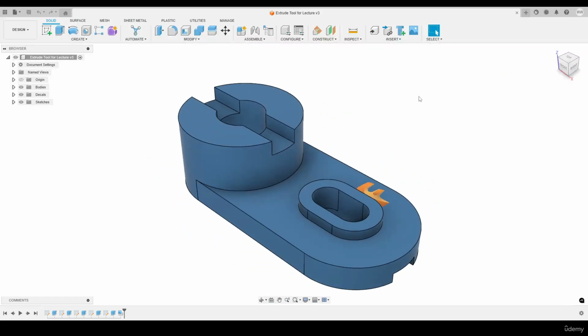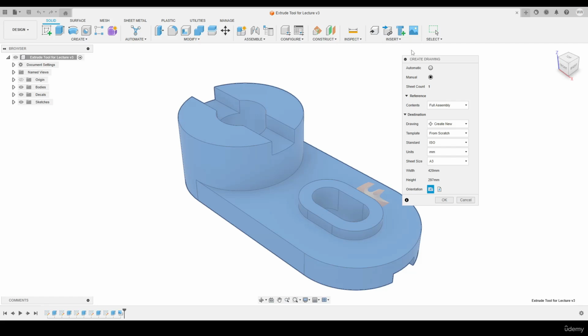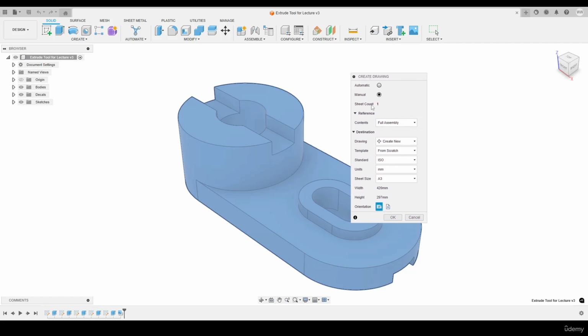So if we want to create a technical drawing of this part, we can come up to the environment options, which are just at the top left. Now we're currently in the design environment. Let's hit the drop down. If we bring the mouse down to drawing, we've got two options there. We're going to select from design. So we want a drawing from the design environment. Left click there once. And within this toolbox here, we have a series of options which we need to select